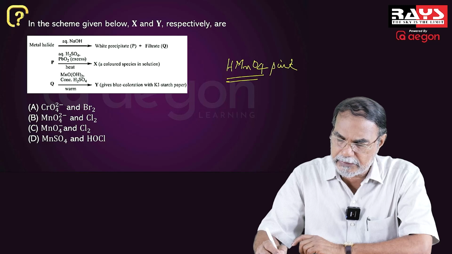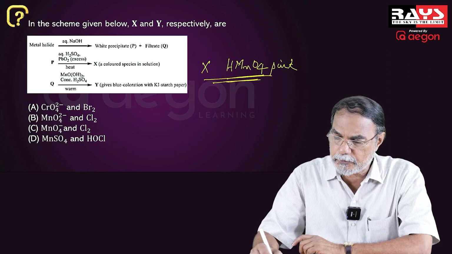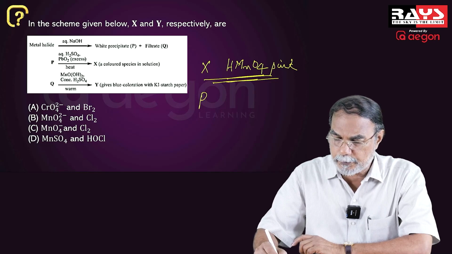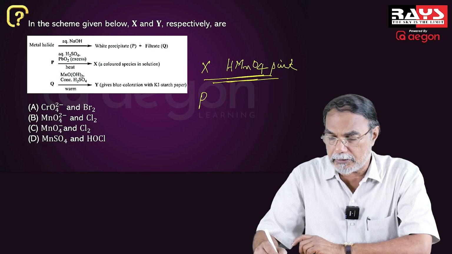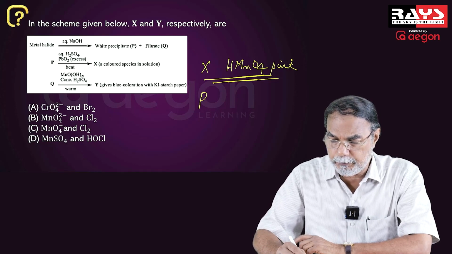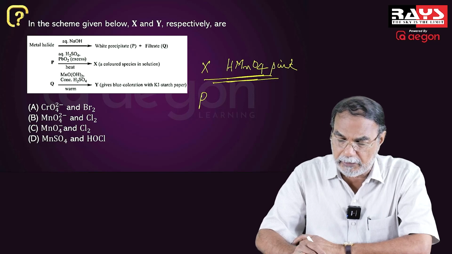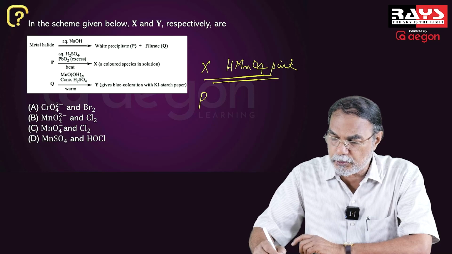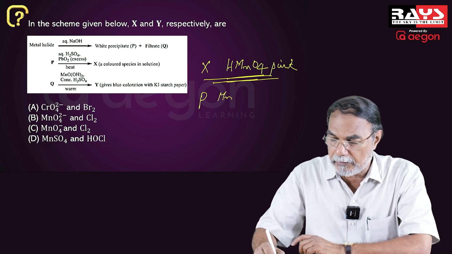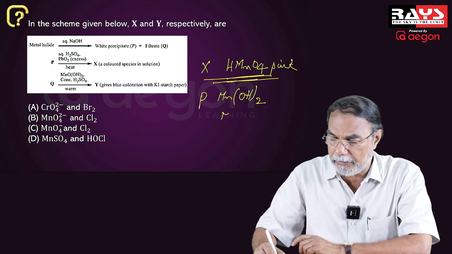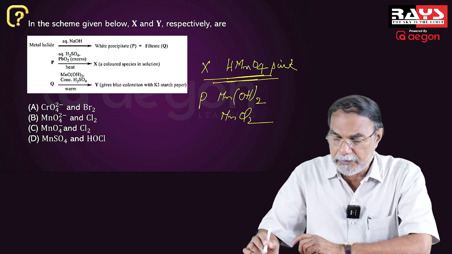So X is the permanganic acid, which is pink in color, and P is the corresponding manganese compound containing manganese ions, the white precipitate P, which is obtained on adding NaOH to the metal halide. It means that the precipitate P is manganese hydroxide, and therefore the metal halide is manganese halide,